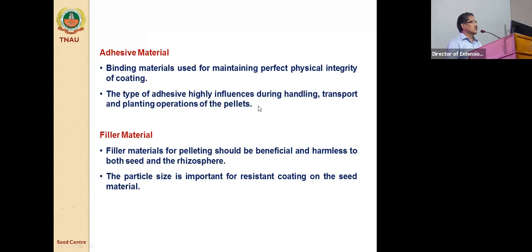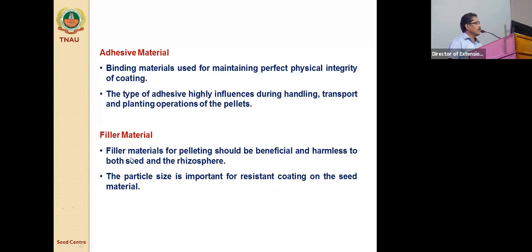The adhesive also highly influences handling, transport, and planting operations of the pellet, because whenever handling or touching, if the adhesive is not dried enough and not bound together, it will create some problem, it will create a moist environment, and the viability will also be affected. So likewise we have to select.